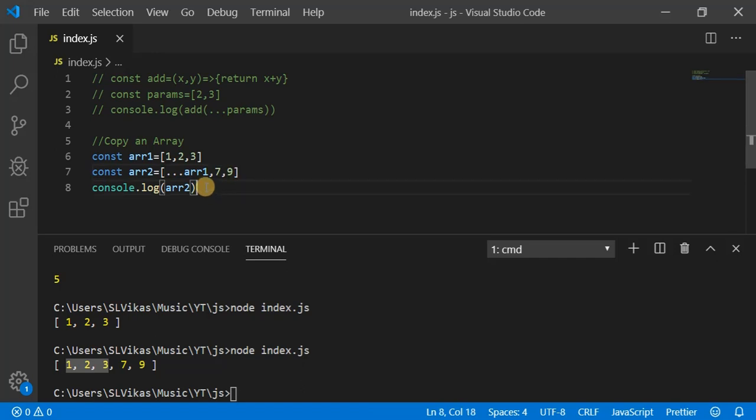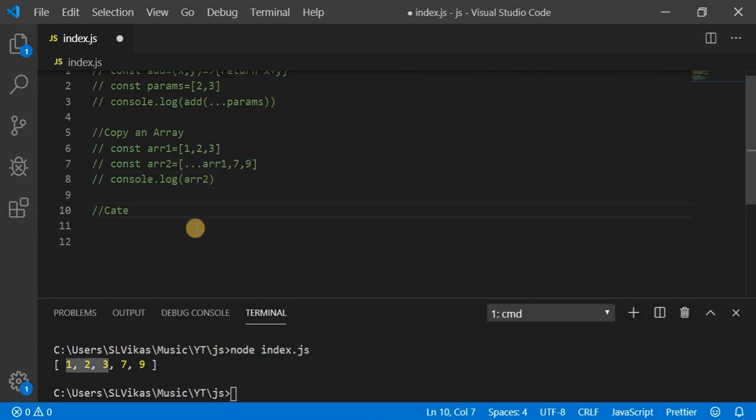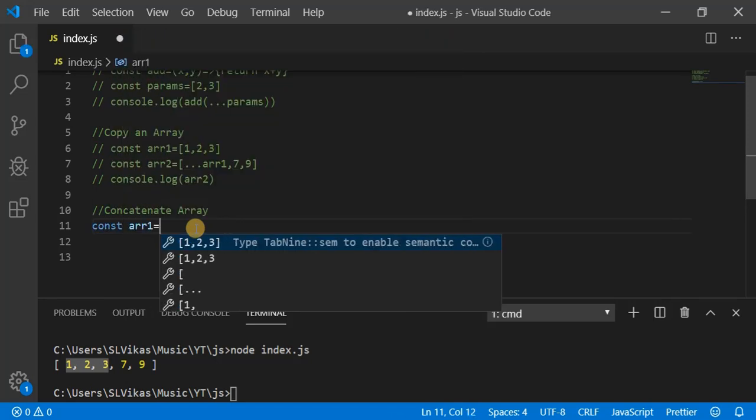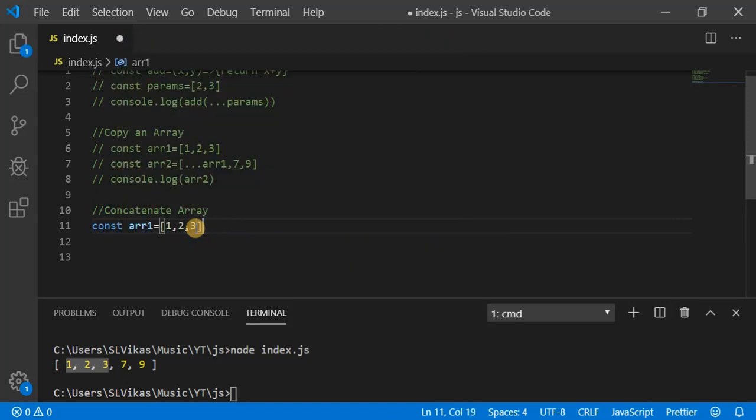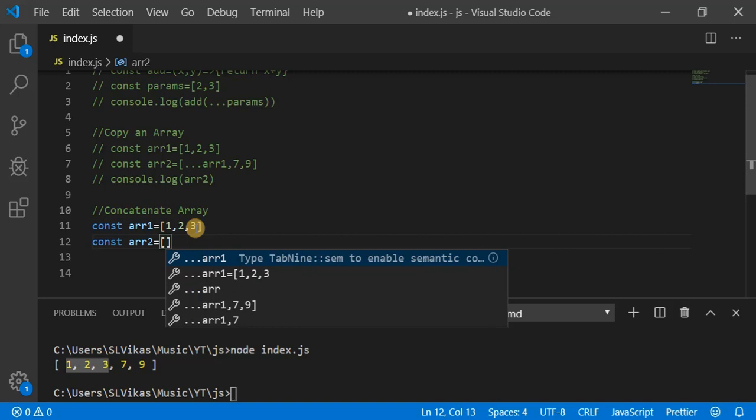Now let's talk about concatenation. Okay, so let's comment this line, and here let's consider I have 2 arrays. So first array1, and I have it with these elements. The next array I have like this.